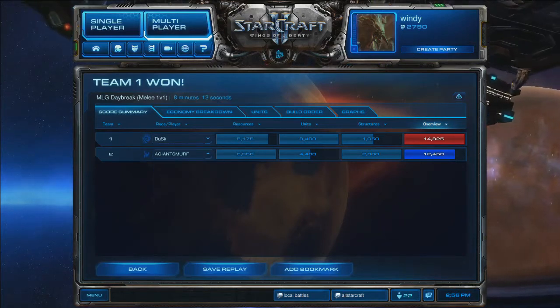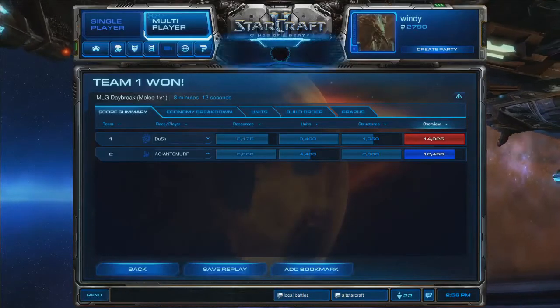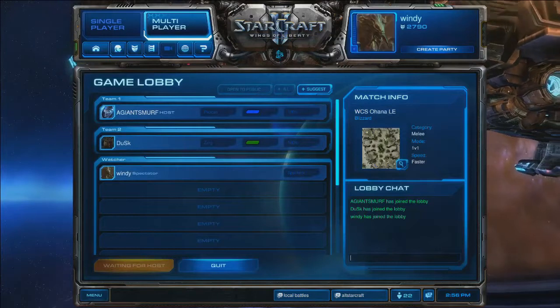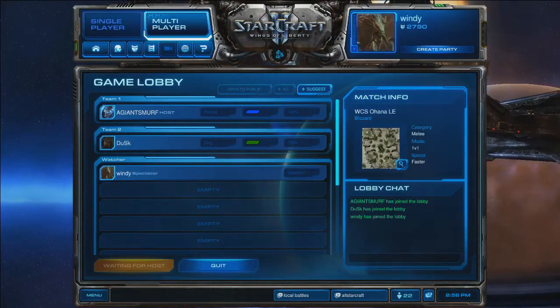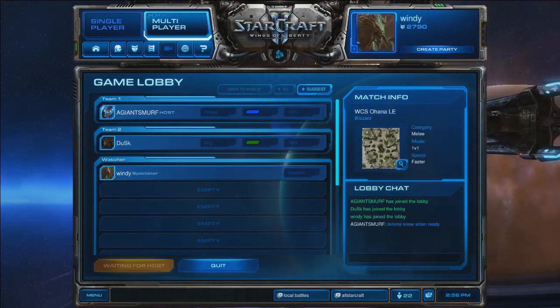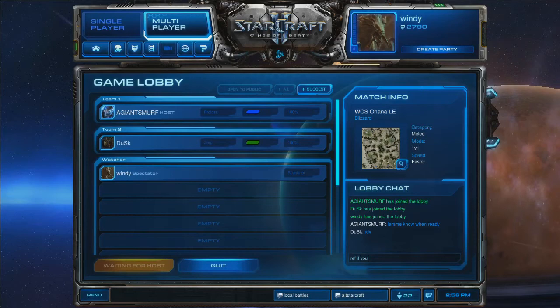It's just funny because the backstory to this is that yesterday I was playing some customs with my friend Mike. He goes on ladder as Mike. He's actually almost Grandmaster level. But he was talking about this new build he was trying out where you would just go mass Speedlings on 3 base, and maybe you get a macro hatch, and then eventually you would just transition into Mutalisks. And it's a really annoying